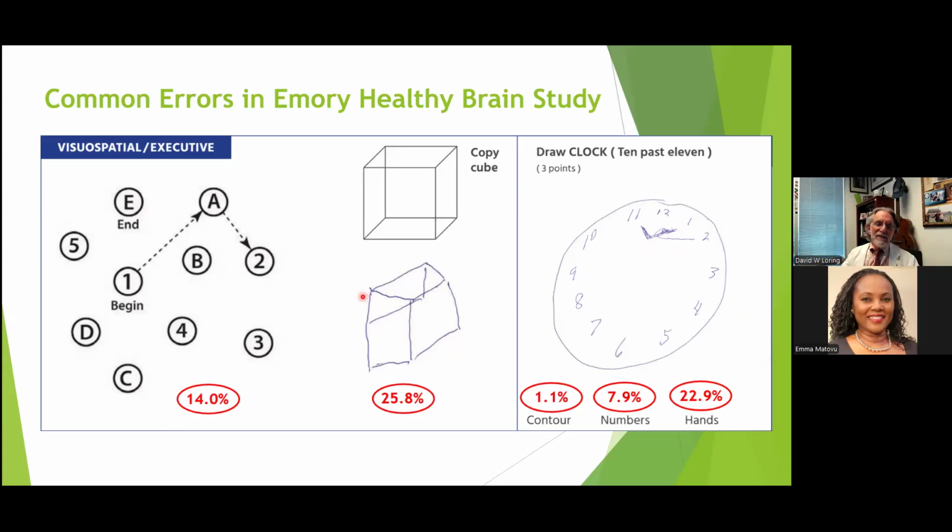I do want to return to this Necker cube. I think I said we'll find out that this is one of the most common errors when we do the MoCA testing. Some of my colleagues here at Emory don't like the Necker cube at all because it's failed by such a high frequency of people, and that's undoubtedly true. But while the MoCA itself is designed mostly to look at abnormalities, I like the fact that when it's performed correctly, it gives me greater confidence that there's not really a difficulty in spatial perception and spatial ability. So performing a hard task well provides me some informal reassurance of normality.